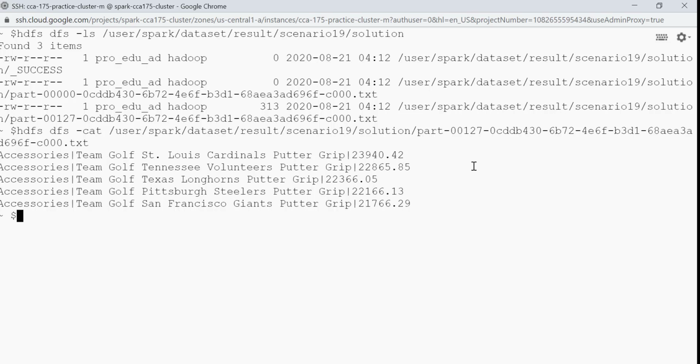So we are done. So guys, in this lecture we have learned how to read CSV data as a data frame in Spark. Then we applied a join operation on top of 3 data frames, and then we also applied a ranking function, and finally we saved the data using a pipe delimiter and in text format in HDFS.